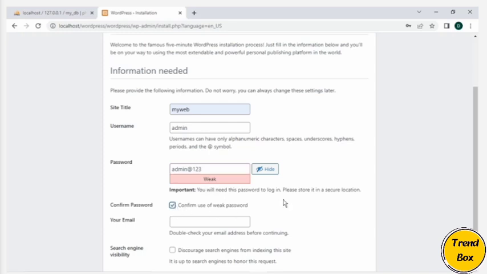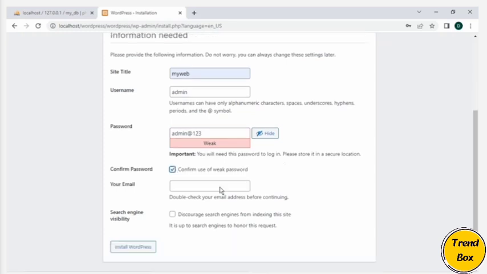Let's confirm use of weak password, and you have to type your email address. For instance, I am typing my fake email address, but you have to type your own email address. So I type abc@gmail.com, and we'll click on install WordPress.